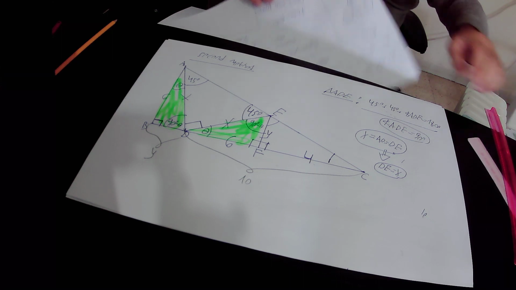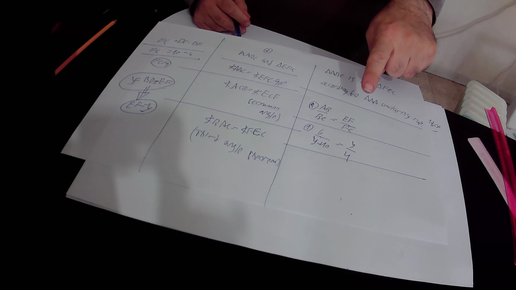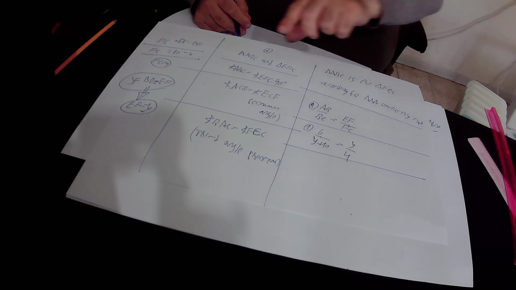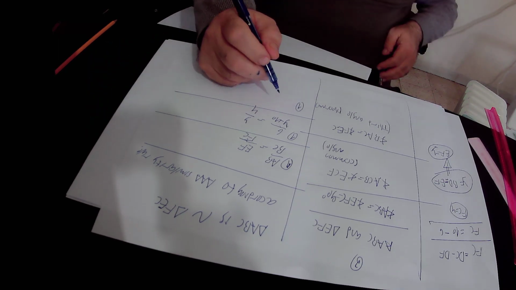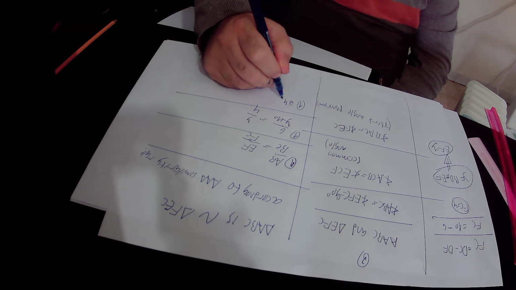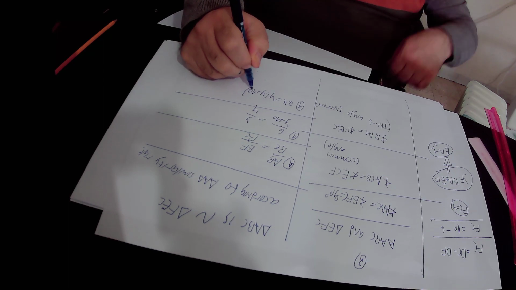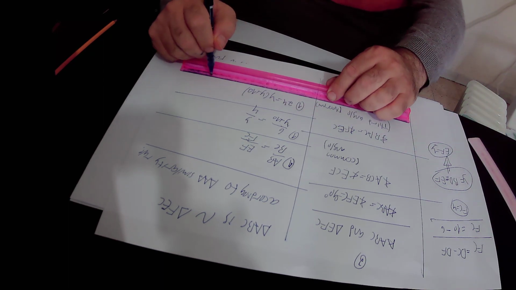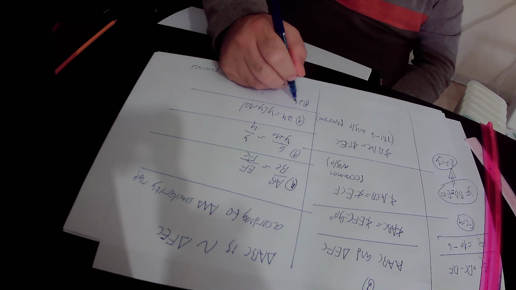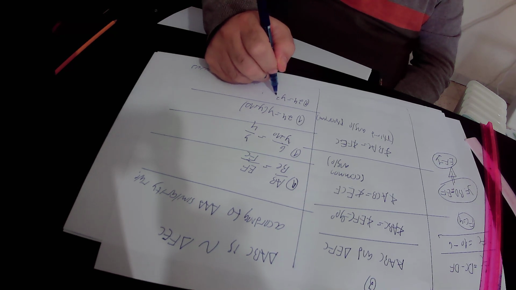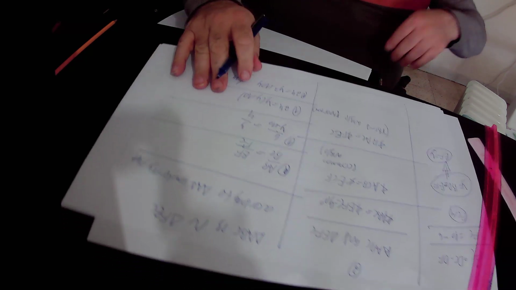So in conclusion, we found out that according to equation number 1, 6 over y plus 10 equals y over 4. Here we'll cross multiply, and you will get 6 times 4 is 24, and it is equal to y times y plus 10. Here we will open the brackets on this side of equation number 1, and we will get that 24 is equal to y squared plus 10y. We will subtract 24 from this equation, and we will get